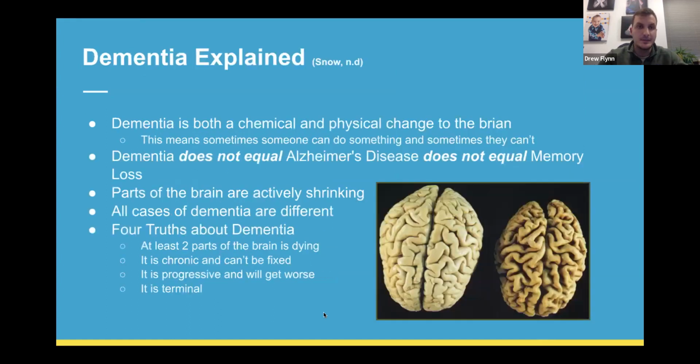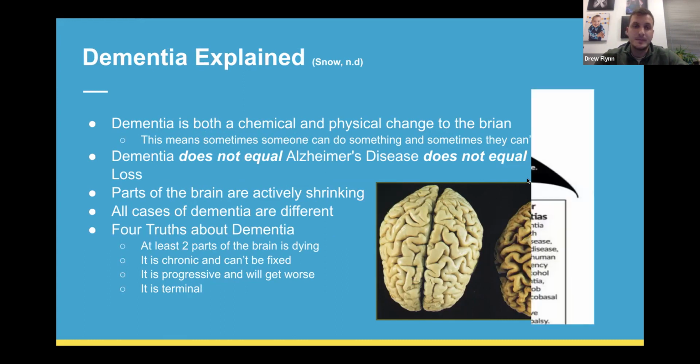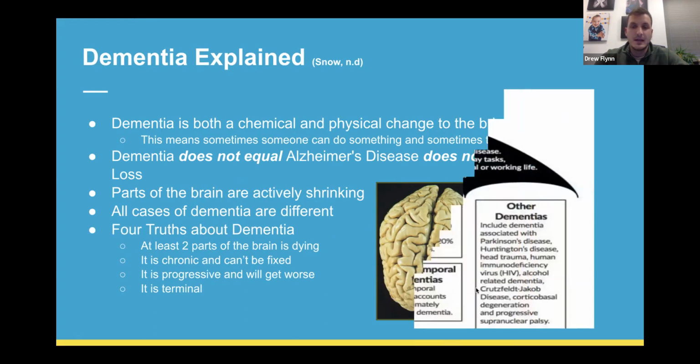So let's get into it. First, I'm going to explain the dementia part. I'll go into specifics on what the brain is doing, debunk some confusion, and explain in depth how the brain is changing. First, dementia is both a chemical and physical change to the brain. And what I kind of mean by this is that,